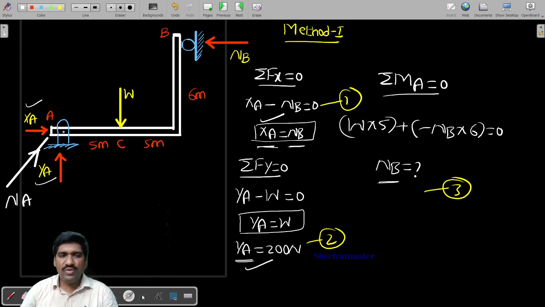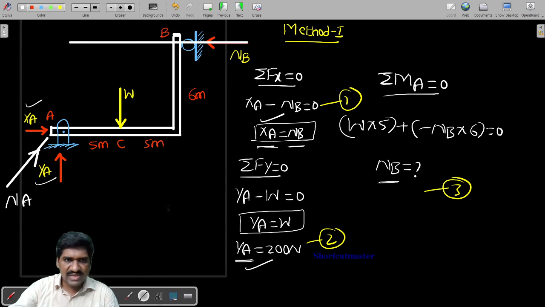So for that, what I will be doing, very simple. Just observe clearly what I am doing here. You transmit this force NB. You transmit this force W. Tell me, these two are meeting definitely at a point, or not? Yes, at a point where these two are meeting. Now, whatever the point at which the NA and W both are meeting, through that point only, your NA should definitely pass or not?